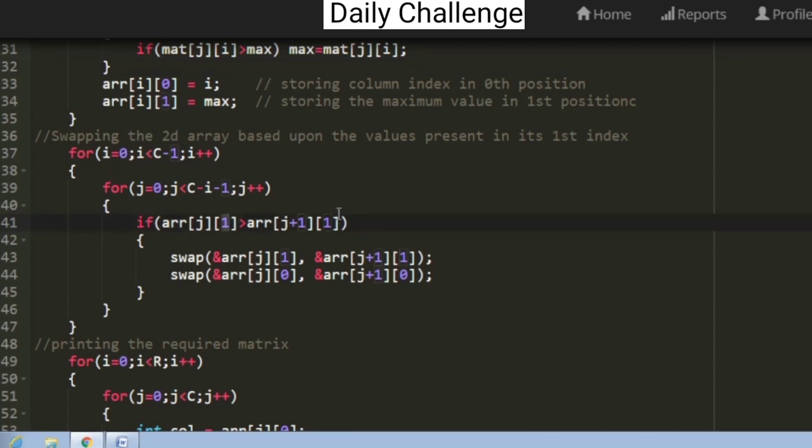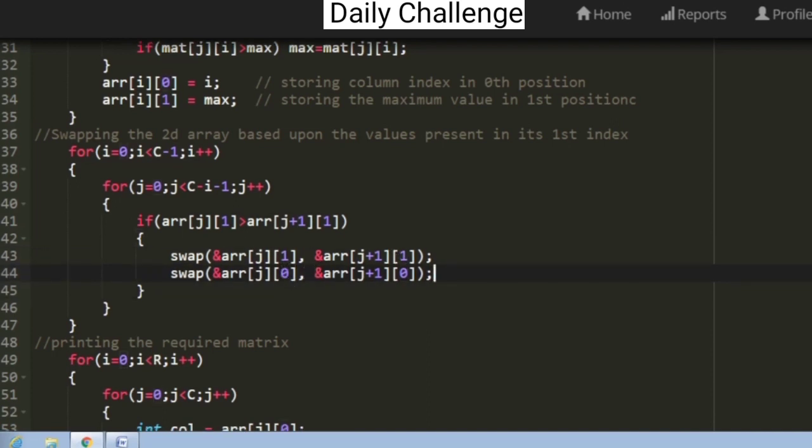And here inside this if condition, you can see that I am using the value present in the first index of the two-dimensional array ARR to swap. And whenever we are swapping the elements present in the first index, we are also going to swap the elements that are present in the 0th index.